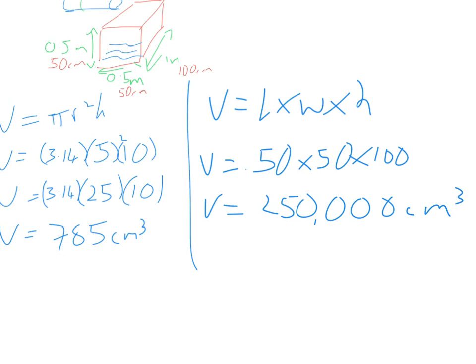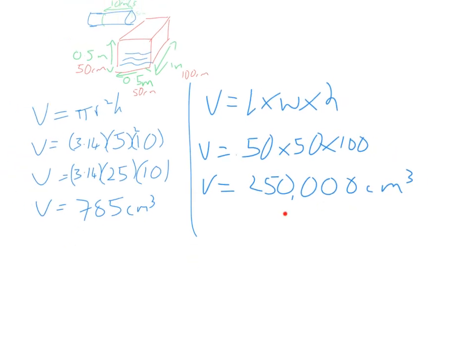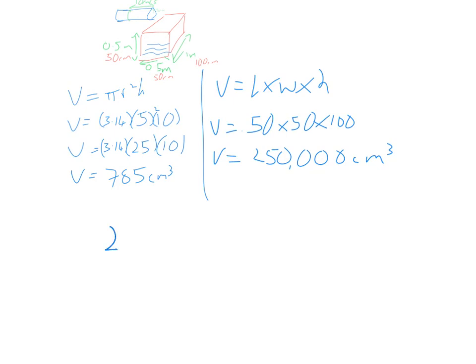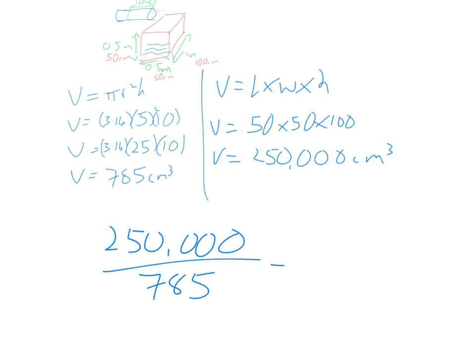Now we were asked how long it'll take to fill up that second container. So this is the total volume. This is how much volume is filled in per second. So we're going to divide the total volume by how much volume is going in per second. That will give us an answer of